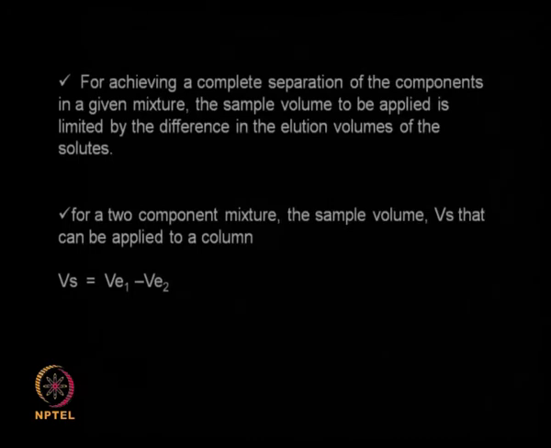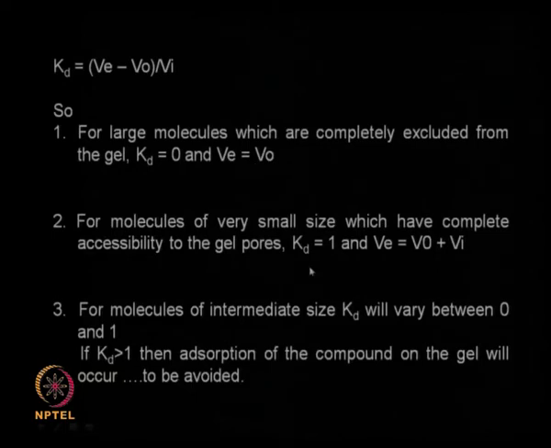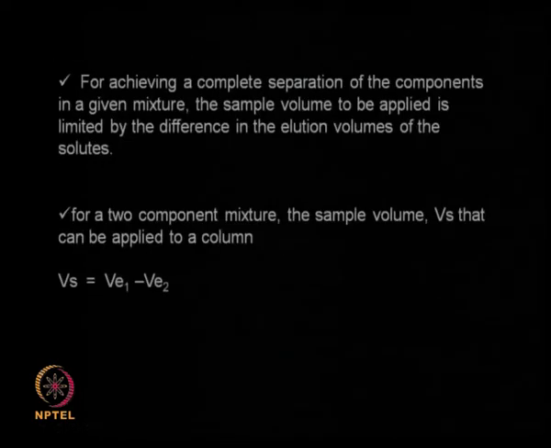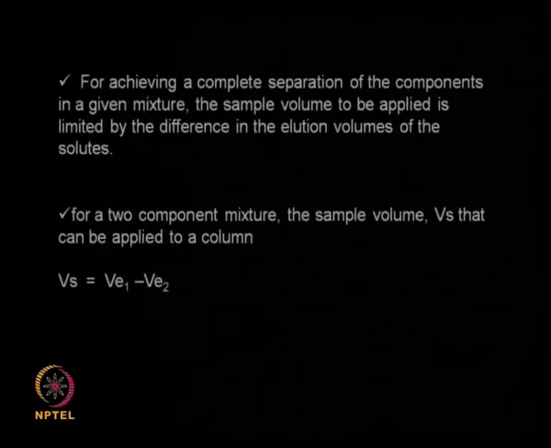So for achieving a complete separation of the components in a given mixture, the sample volume to be applied is limited by the differences in the elution volume of the solutes, okay. So you need to keep that in mind. Now suppose I have a mixture containing 2 components, component 1 and component 2. I should know the elution volume for component 1 and the elution volume for component 2, and that difference is called the Vs, and that is what we should apply for achieving a separation,